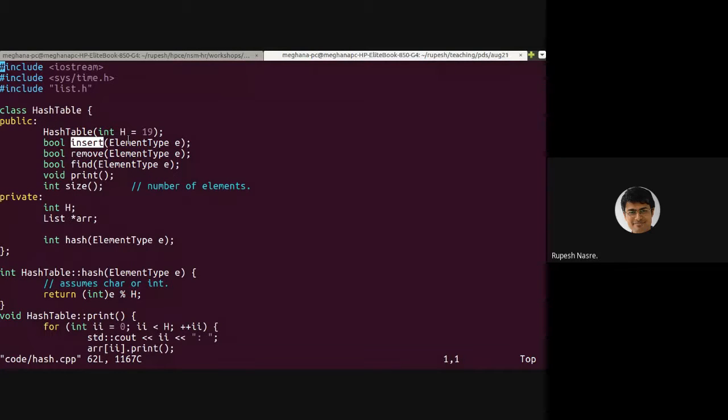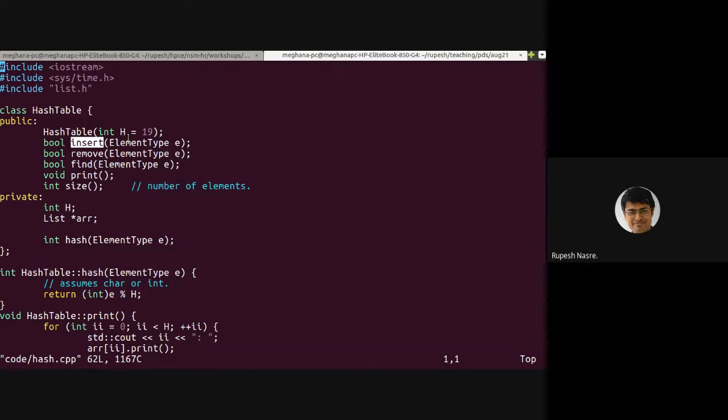Now, what is meant by printing the hash table? In case of linked list, it was okay. I can go over the list and print. In case of binary tree, I can try printing it either in a particular in-order traversal or using a GraphViz format. Or in case of AVL also, I can use GraphViz format and so on, or level order traversal. But in case of hash table, what is meant by printing? Because there is no ordering amongst the elements.